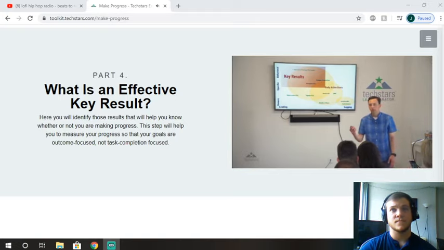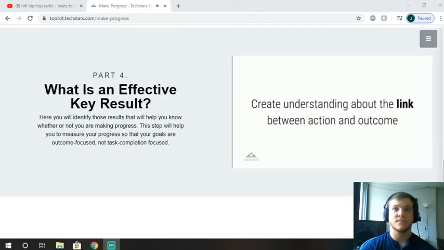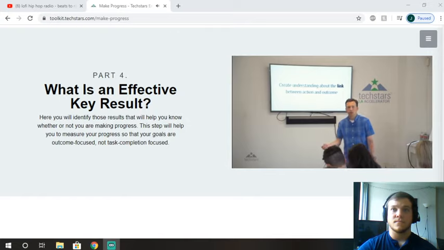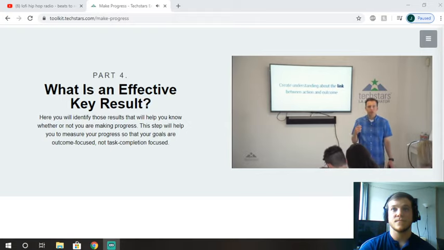Take the best guess that you can quickly measure, that you can quickly move forward, set a goal around it, drive it for a week, see what happens. If there's no correlation there, awesome. You learned that there's no correlation between this thing we were just measuring and the KPI we're trying to increase. You want to create an understanding of the link between action and outcome. Again, like the OK Go video yesterday, you're going to knock some bowling pins down, the ball's going to roll this way, and you're going to have no idea what gets set off. So this is about learning the linkage, the correlation linkage.